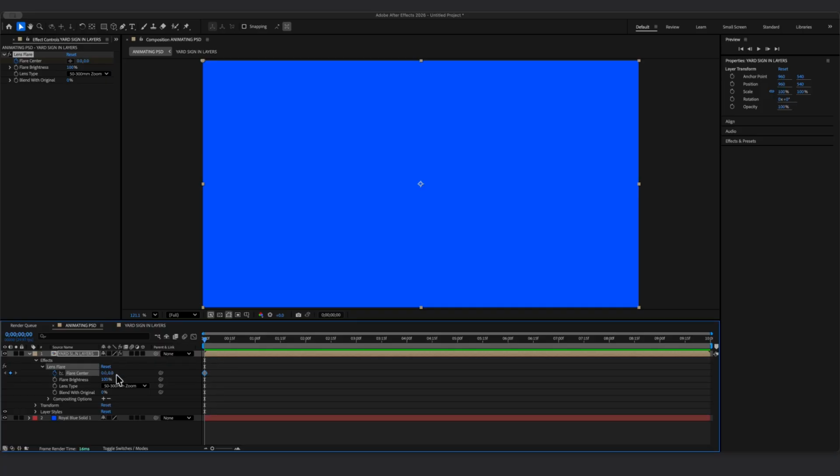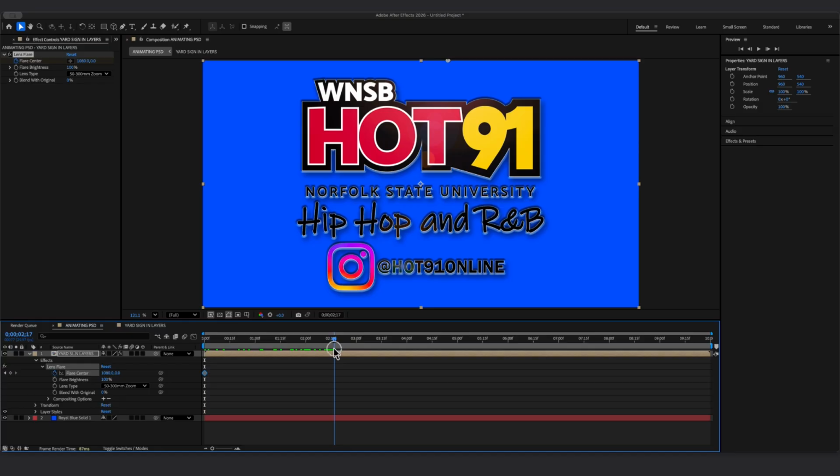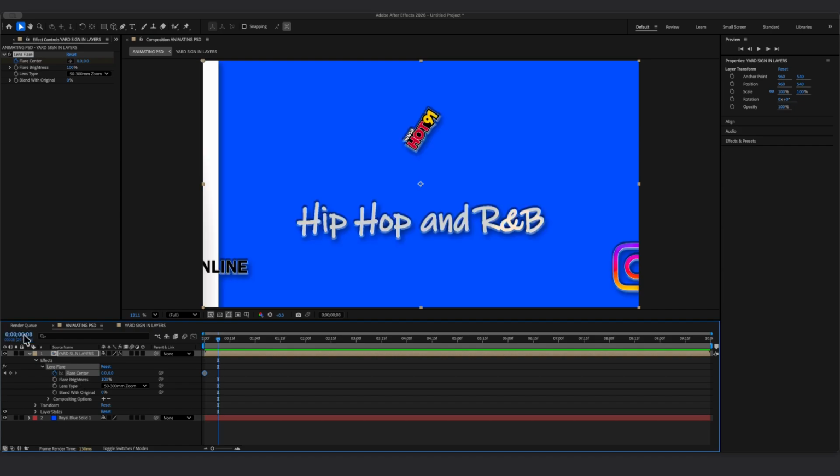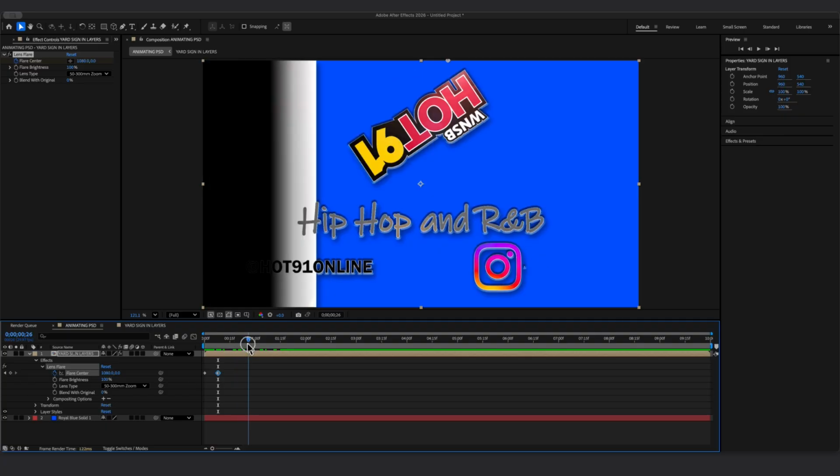I'm going to move the lens flare from 0 to 1080. So I'm moving my lens flare to 0. Now at 8 frames, I want to move my lens flare to 1080. So now what will happen is it moved right here to the center,